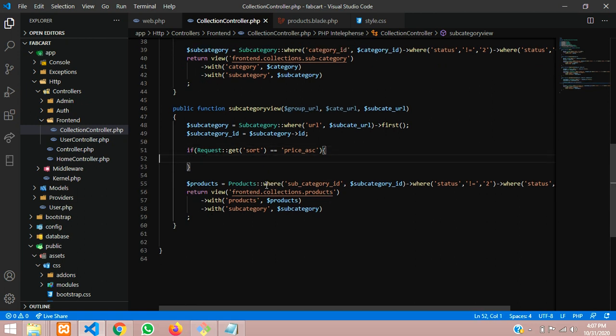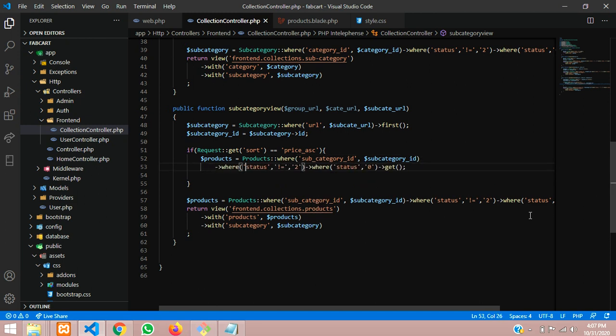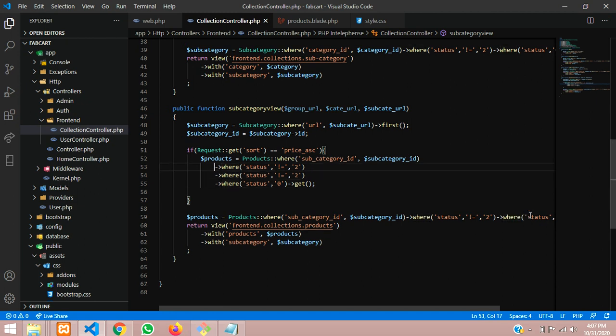Now coming back again, let's copy this and paste over here, and let me bring it down so it will be easy to understand. Now guys, we will copy one more step and we will tell this order by, and this order by will be ASC, and this status we have to replace with the price because we are checking the price, right?